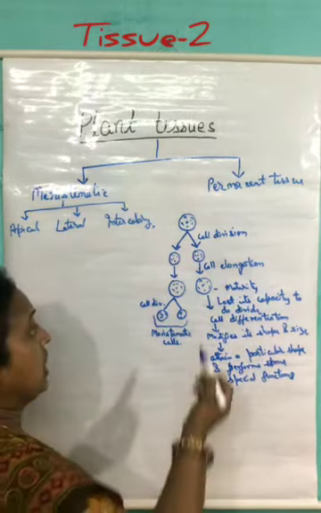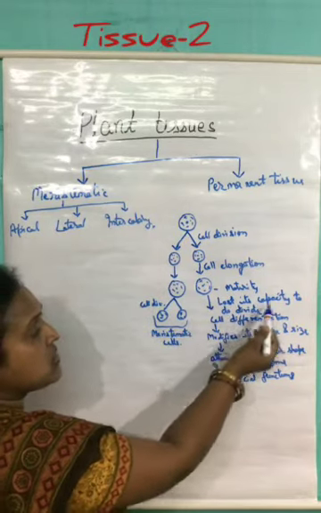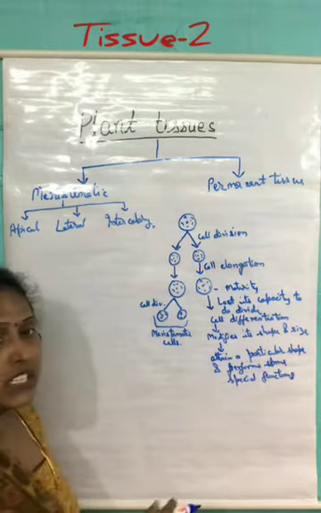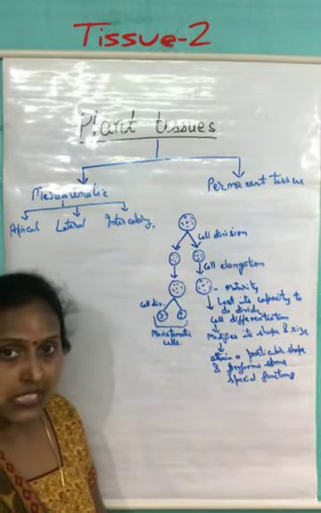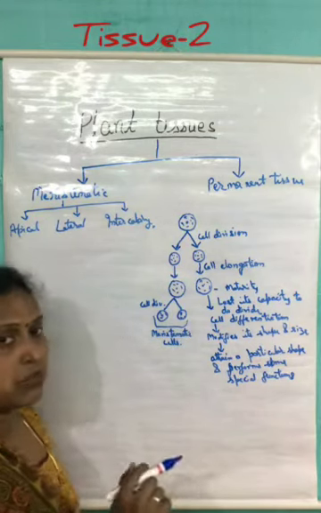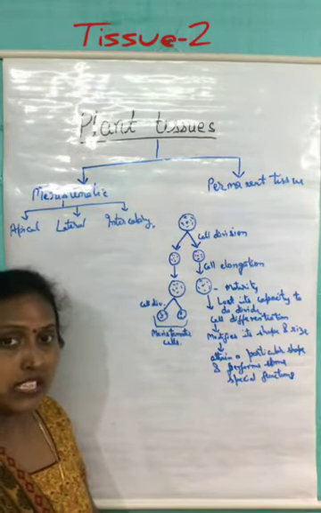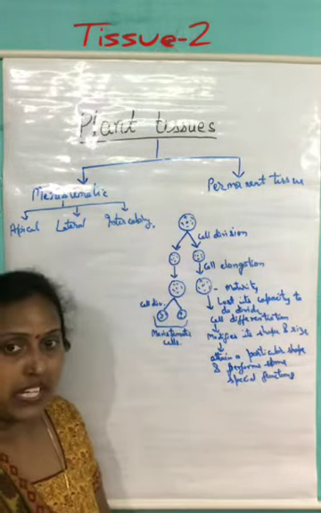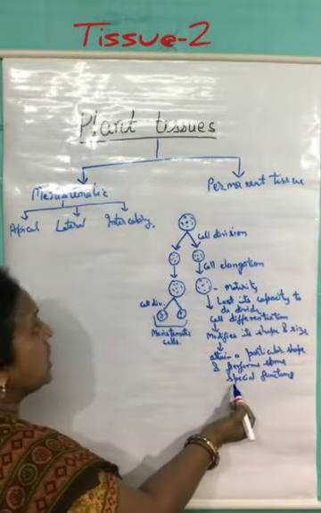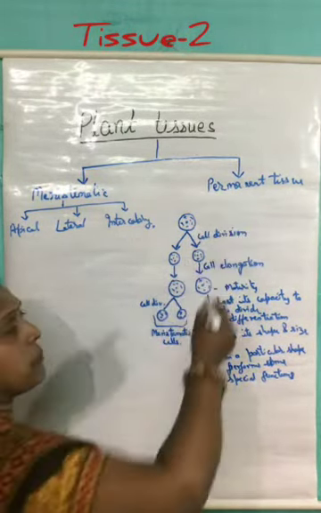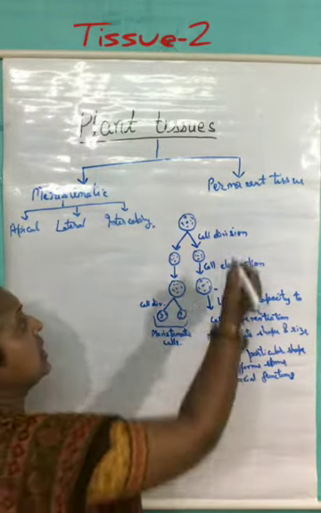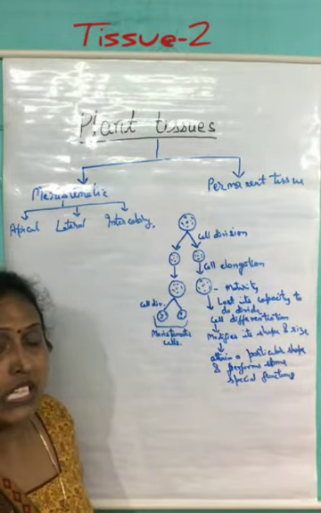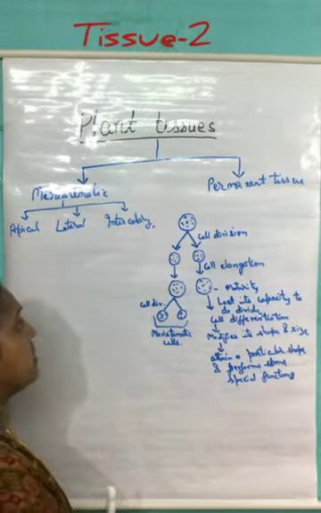So those cells which lost their capacity to divide after attaining maturity will undergo the process of cell differentiation, where these cells get specialized. Some extra chemicals may get deposited over them, and they will attain a particular shape and size, and accordingly they will start performing a function. These types of cells are known as permanent cells, and the tissues formed here are known as the permanent tissue. So today we have to discuss this topic, the permanent tissue.